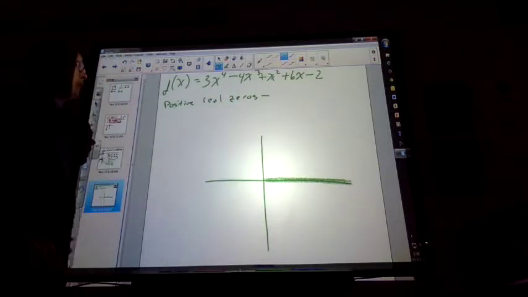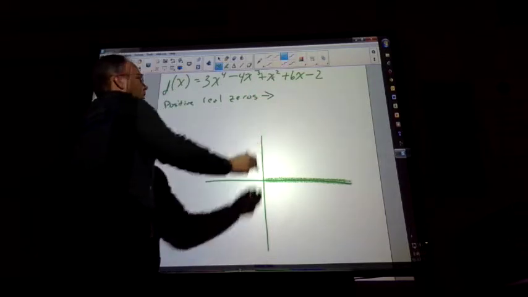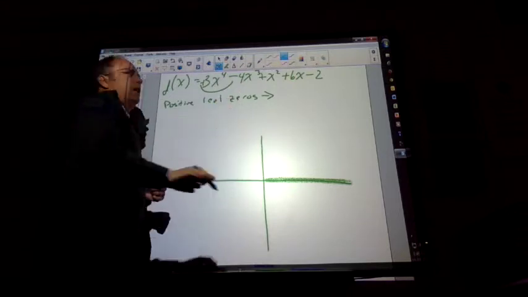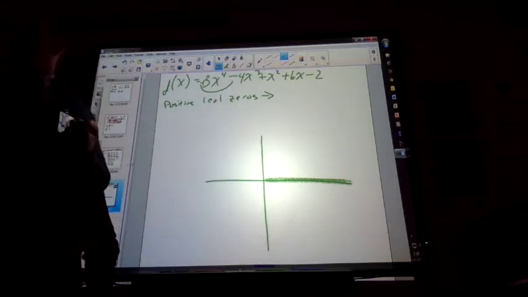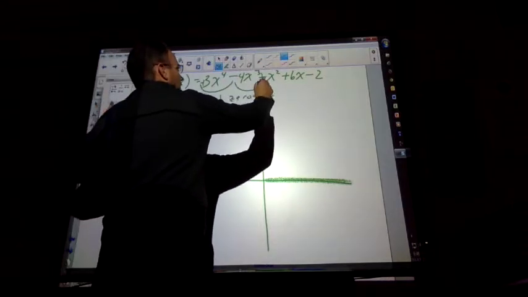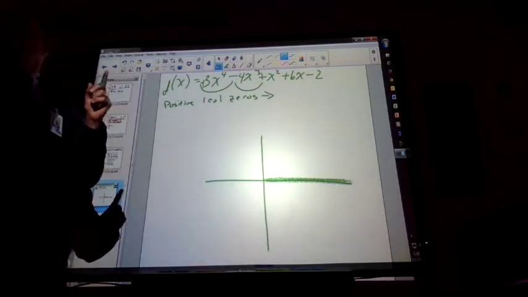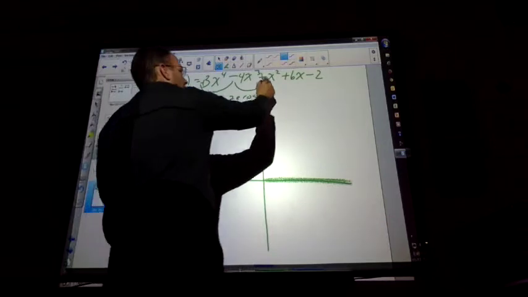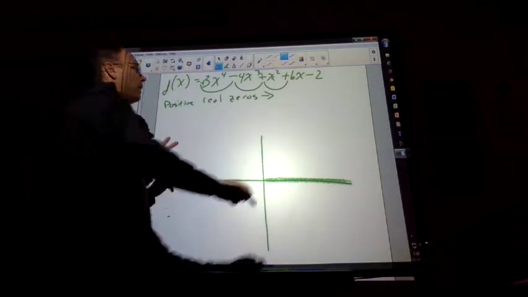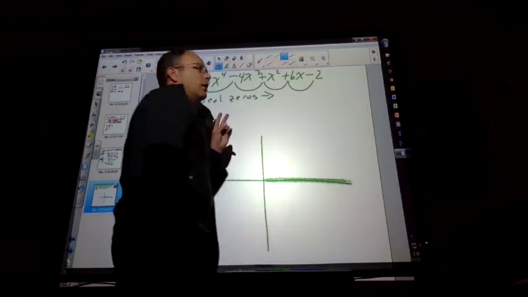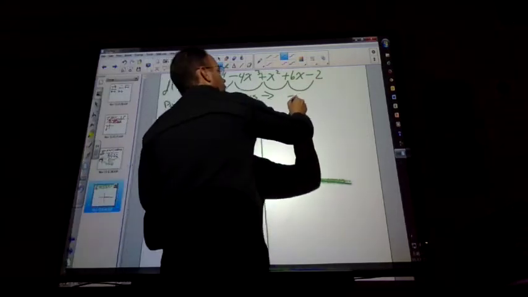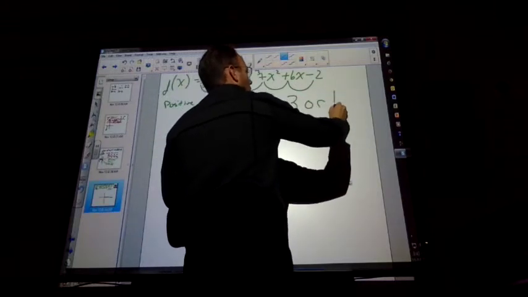So what I'm going to do is look for any sign shifts that take place. So this is positive here. So positive to negative. Does that change signs? Positive, negative. Yeah, there's one sign change. Negative to positive. Did it change signs? There's 2 sign changes. Positive to positive. No. Positive to negative. Okay, so this is going to say I have 3 sign changes. So I have 3 or 1